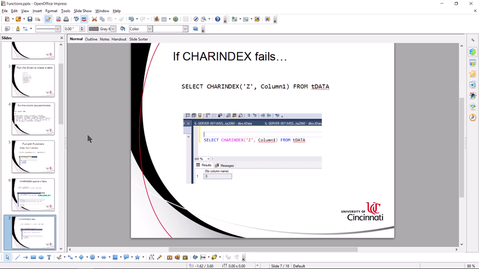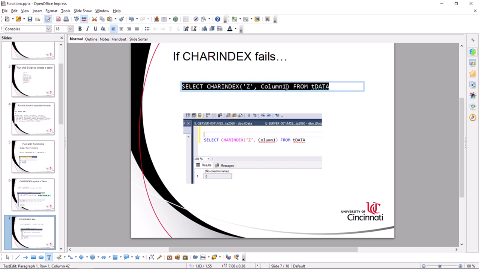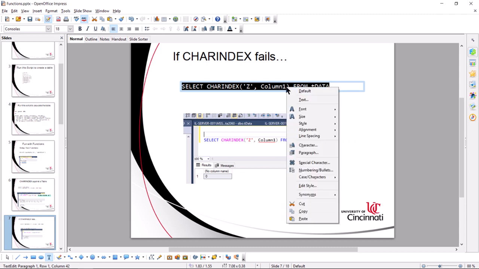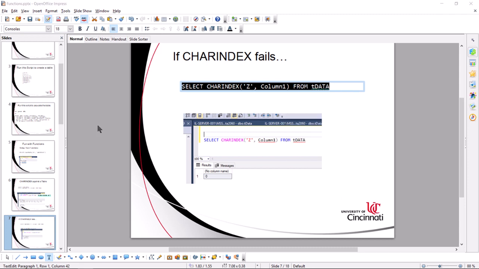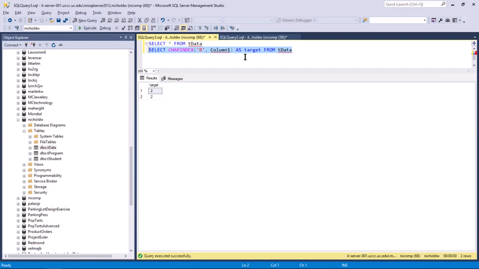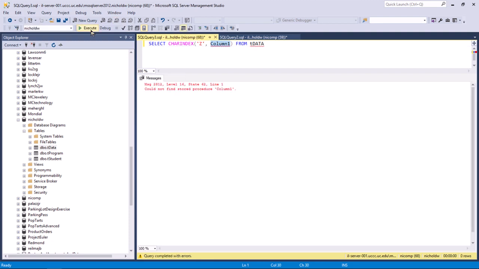Let's be curious again. What if char index fails? And when I say fails, I mean what if it doesn't find the value that we are looking for? In this particular case, we're looking for a Z, and there is no Z in that column 1 field in that table. When we run that,